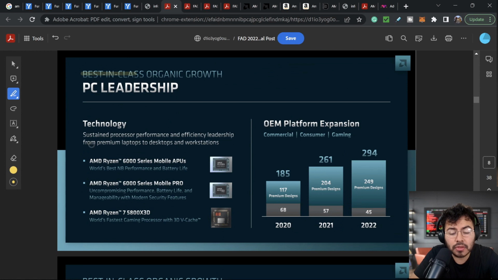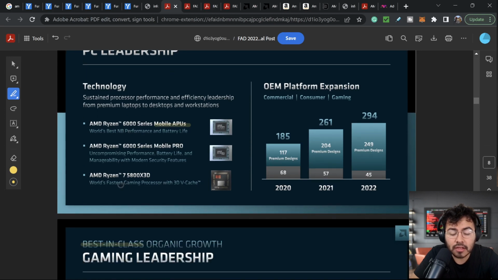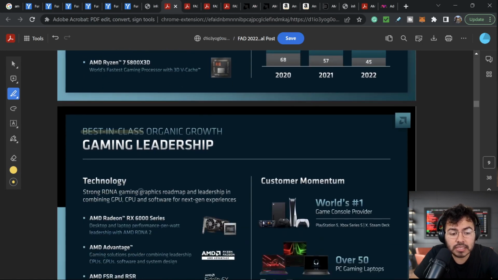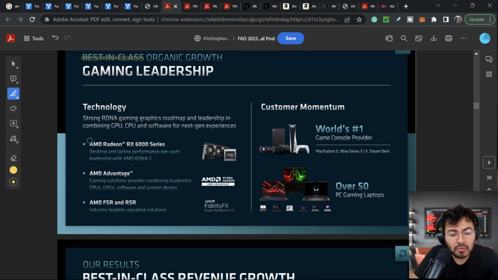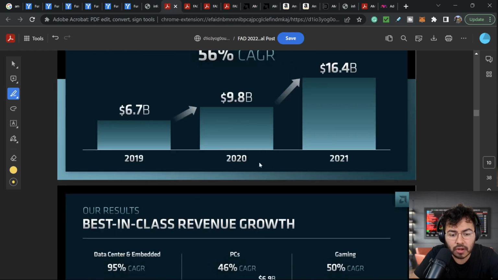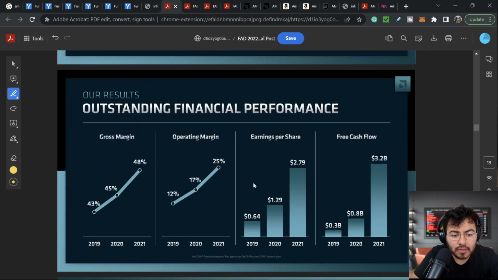Next, in the PC market, like I mentioned, they have processors that go into the laptops. These are usually called mobile APUs. They're right now, I believe, in the 6000 series. And then in the consumer CPU, if you're more of an actual PC and the actual desktop user, they have the Ryzen processors, and right now they are in the Ryzen 7000 series. Like I mentioned, in the gaming market, they have graphics cards very similar to NVIDIA. Then they also have those custom chips that go into the PlayStation, the Xbox, and a lot of handheld device games that are coming out right now. Let's see what else we have in here that might be interesting.